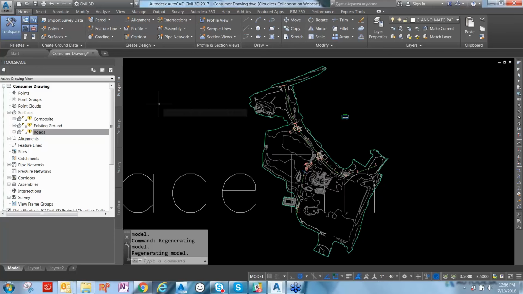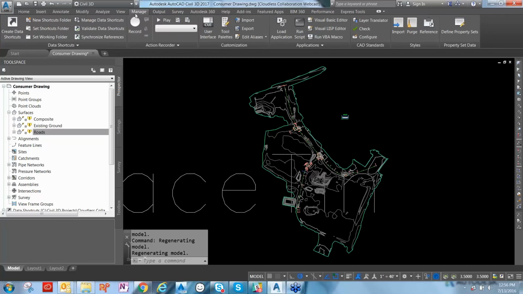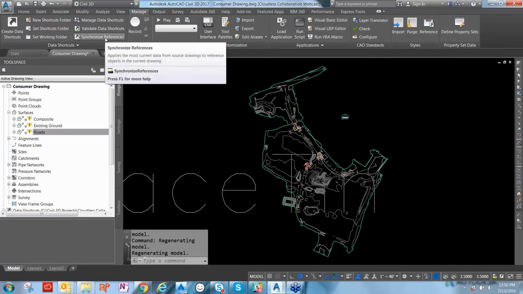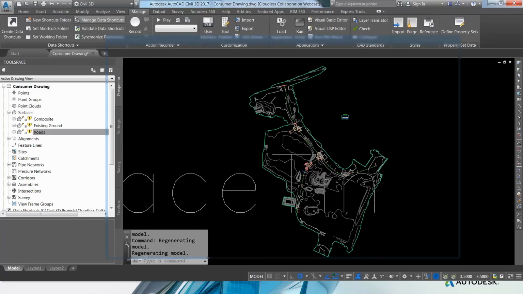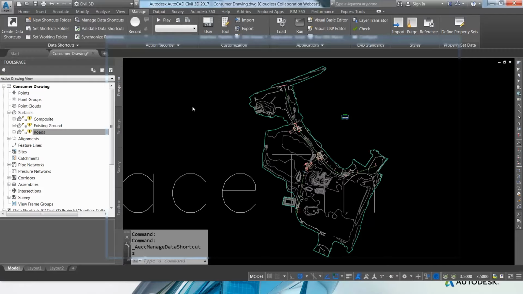So like you rename that drawing to X site. Can you refine that drawing? Yep. So this actually goes back to one of the tools that we introduced for the 2016 release of Civil 3D. We have this new Manage Data Shortcuts tool on the Manage tab, and what this is going to let you do is it gives you